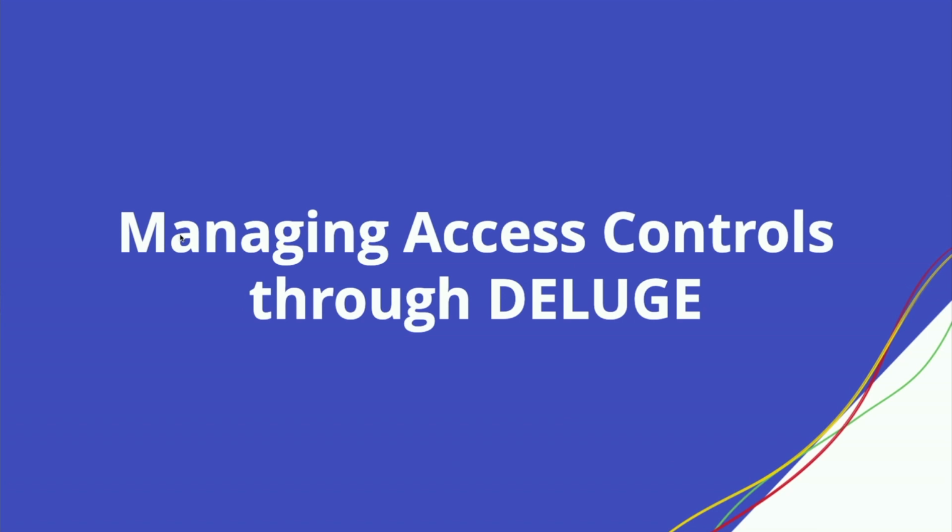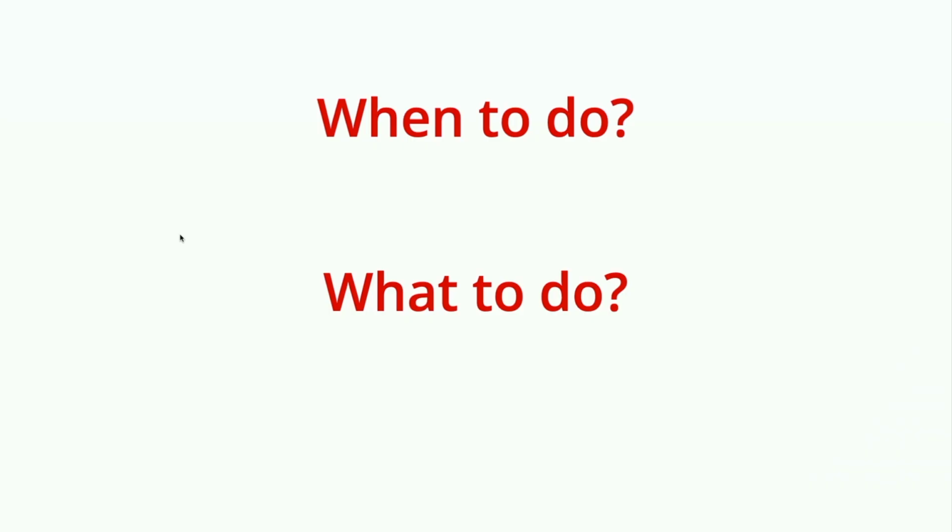Okay. So far, whatever we saw is as the administrator getting into the application settings, adding or deleting users, and doing whatever you want regarding sharing. Everything is done there. We recently, maybe a year back, introduced this feature where you can control this through Deluge. When we are configuring some kind of automation in Deluge, we need two key pieces of information that we need to provide. What are they? When and what. Same thing, we'll have to answer those questions here, and then we can configure that real quick.